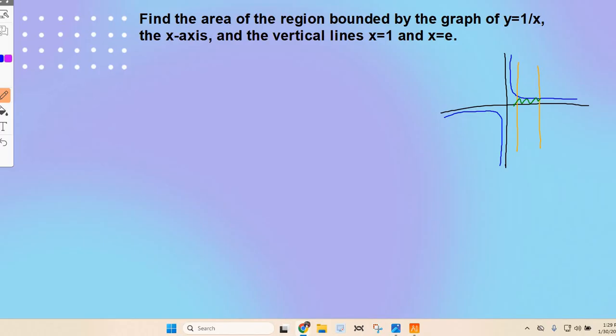What do we get? 1. You should get 1. So I have the integral from 1 to e of the natural log of x dx. Not dx, sorry, 1 over x. I end up getting the natural log of x. I was ahead of myself there. So I get the natural log of x